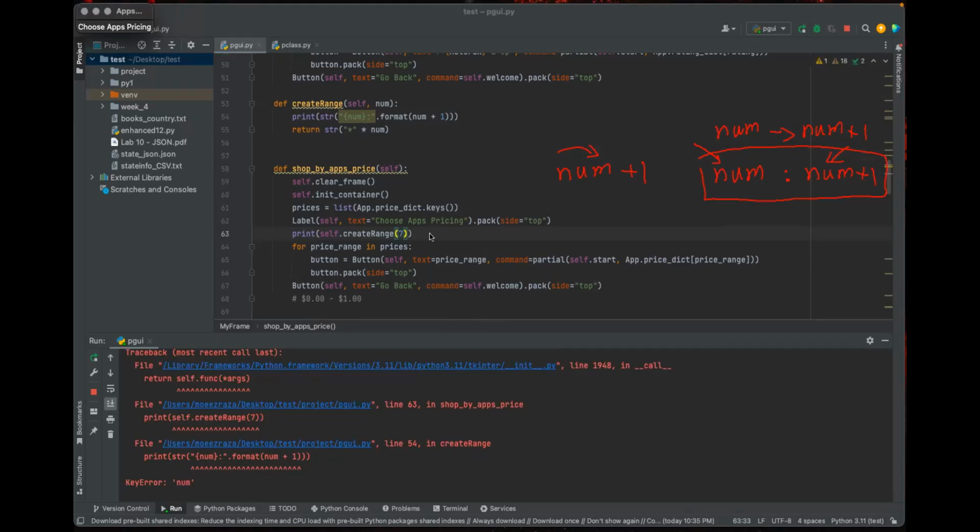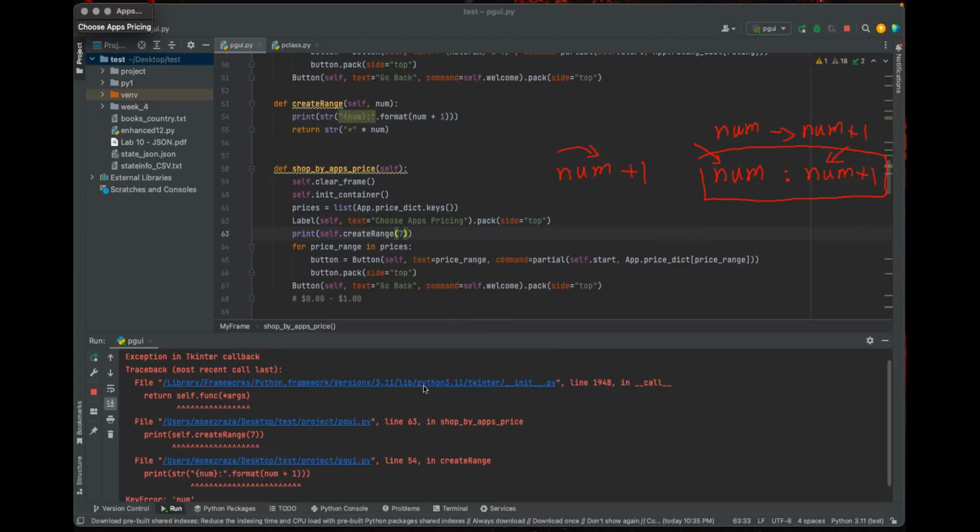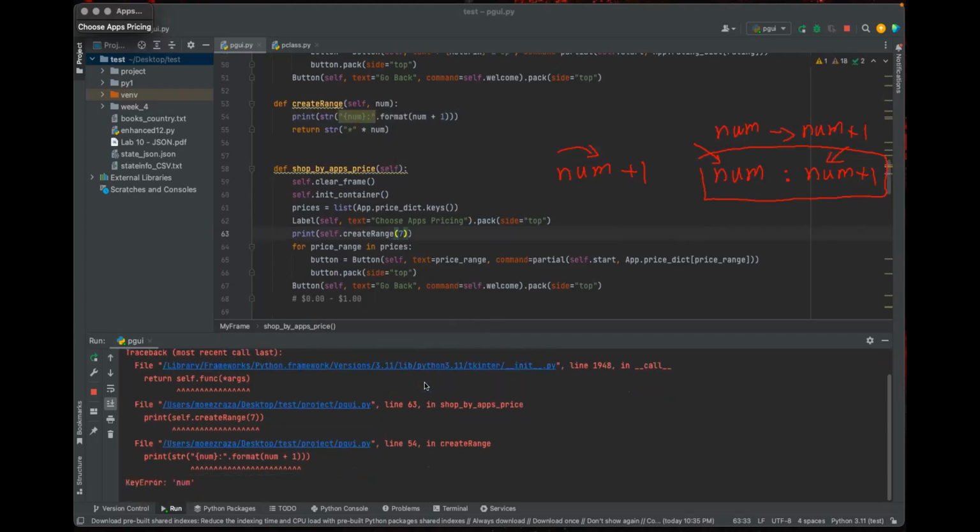Okay, so he's telling you here. Can you go down? Let me read the error. Yeah, so it doesn't like that thing that you put here in between. It doesn't like that. Let's see. So typically the format works in this way. Inside here, when you put it like that, he will come inside and search whatever